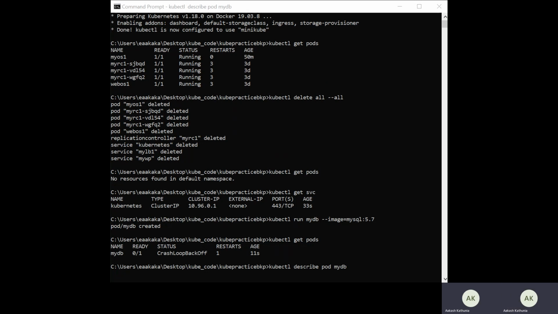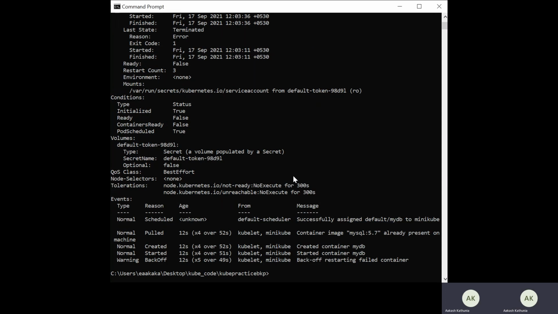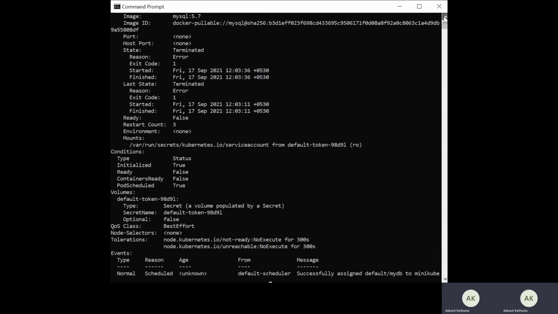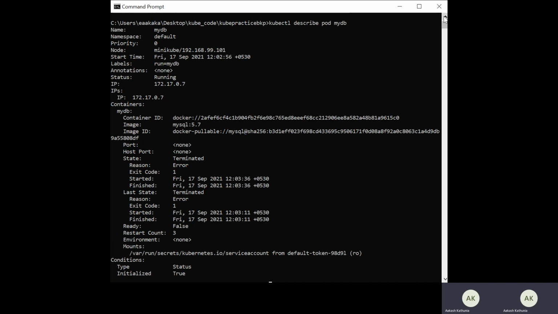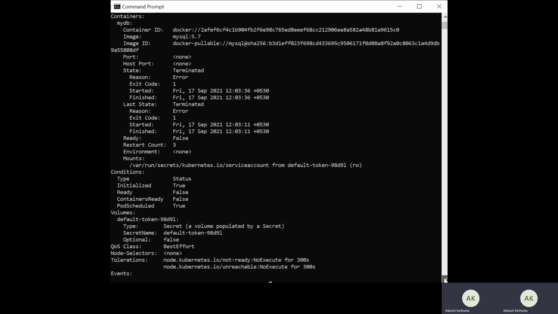So now let's see, waiting for the command output. Okay, the command output came, and it is showing that it successfully assigned this image, created container mydb, started container, back-off restarting failed container. So the error is coming, and if I check whether the image was successfully pulled from the Docker Hub, I can see that the image is pulled, but it is giving the error.